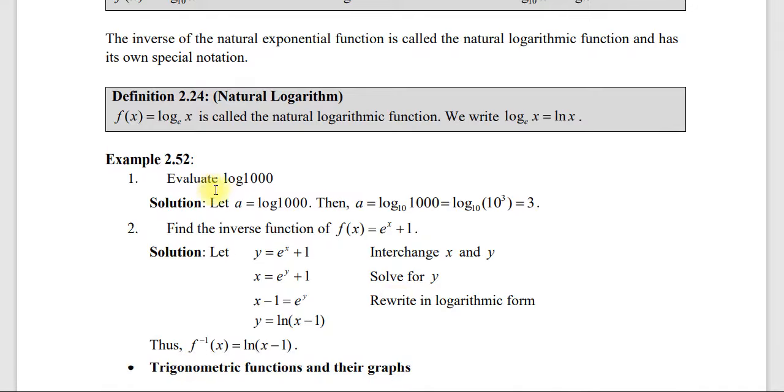So evaluate log 1000 ይህ ምን ማለት ነው? log 1000 in base 10 ማለት ነው። መልሱ 3 ነው የሚሆነው። let a which is equal to log 1000 ቢሆን then a which is equal to log 1000 in base 10። ስለዚህ ይህን ምን እናደርገዋለን? 1000 ማለት 10 the power of 3 ማለት ነው። ስለዚህ log 10 the power of 3 in base 10 which is equal to 3 ይሆናል።